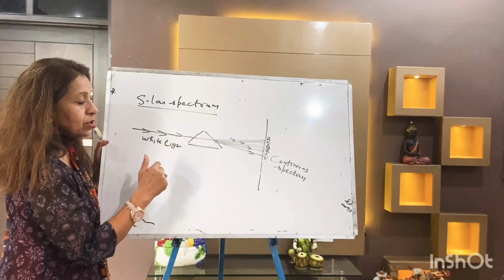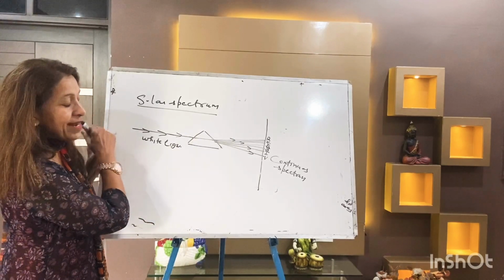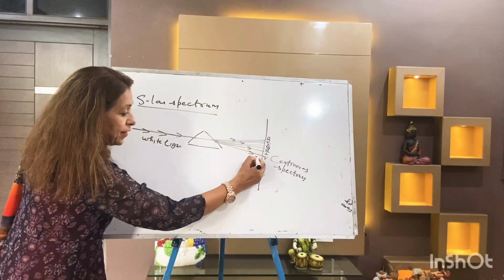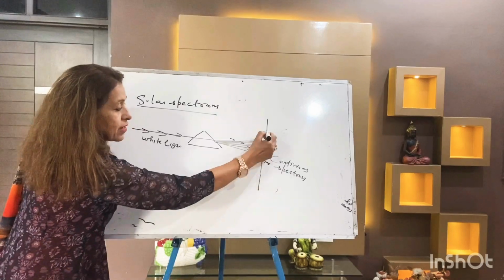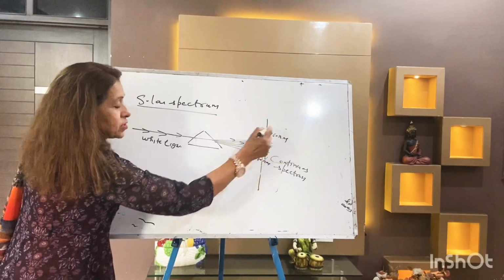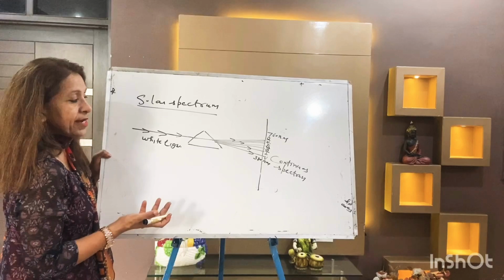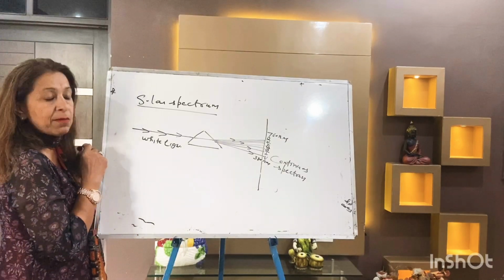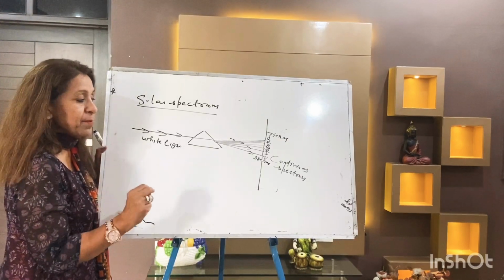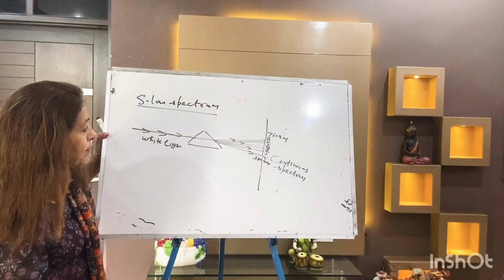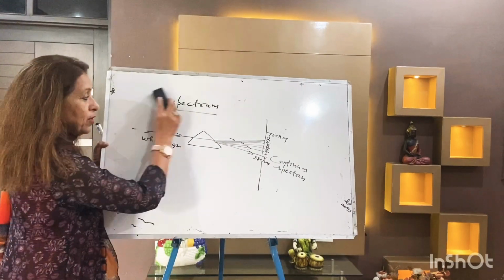So what is the range? You know, red color has a more wavelength and less energy. So this is your 380 nanometer to 760 nanometer. Doubles, almost doubles it is. 380 to 760. Red has a maximum wavelength and violet has a minimum wavelength. VIBGYOR it is. Now after solar spectrum, there are two spectrum.